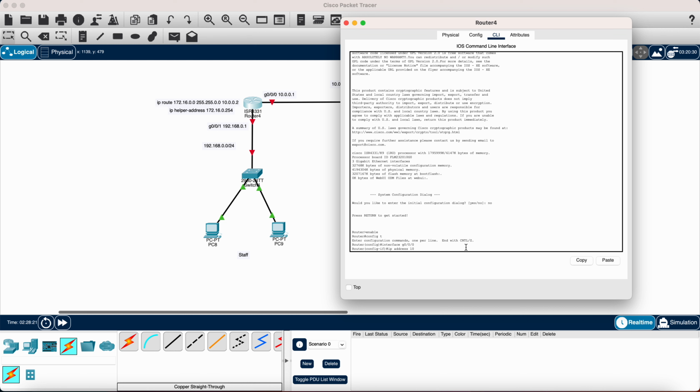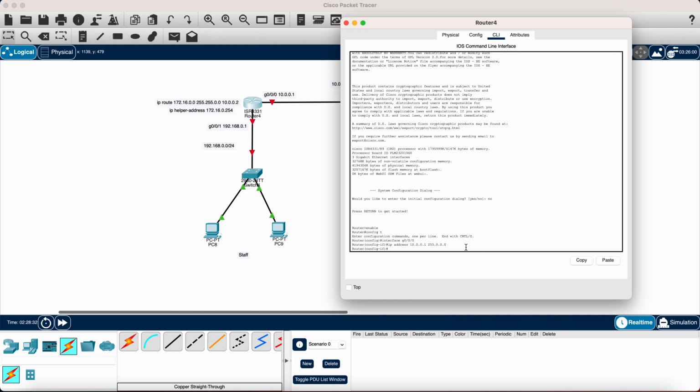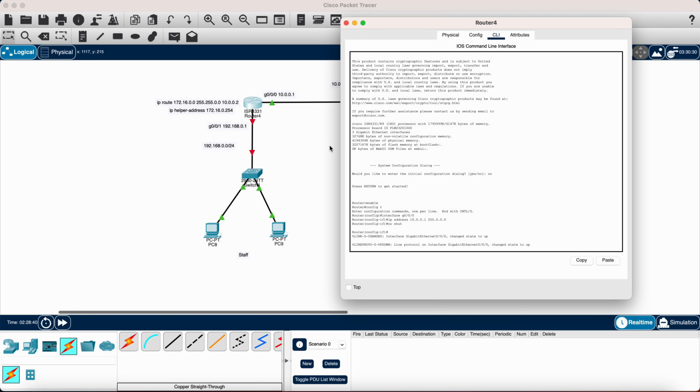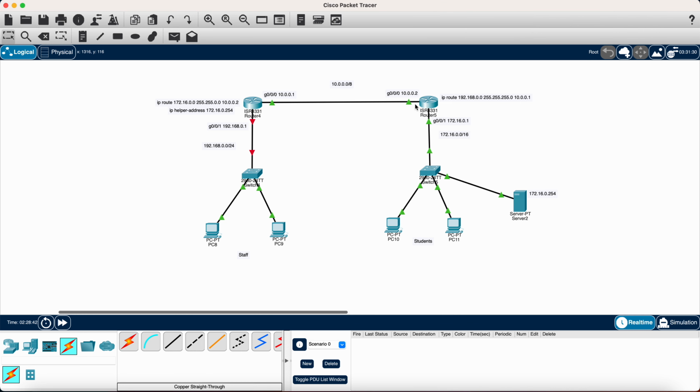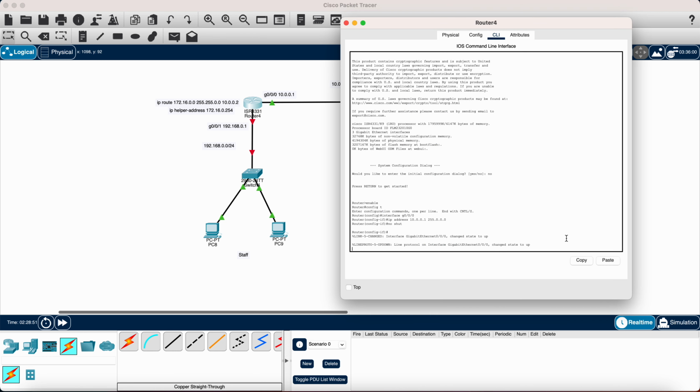and it's 10.0.0.1 255.0.0.0. I'm going to say no shut. Now you're going to see this side open up. You see that this side now is all green. Remember, I had already turned this side on previously. Okay,